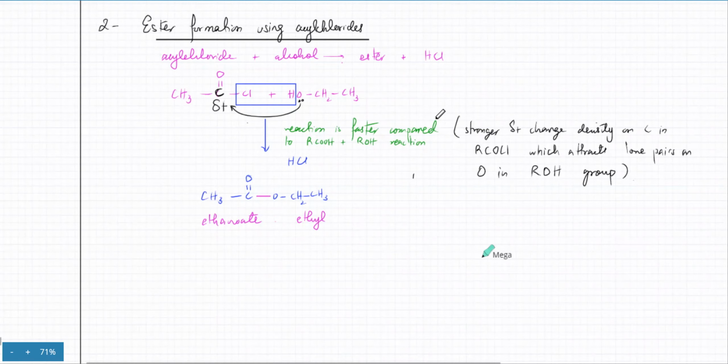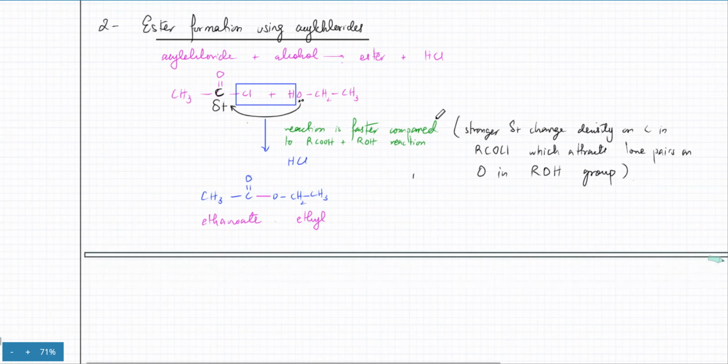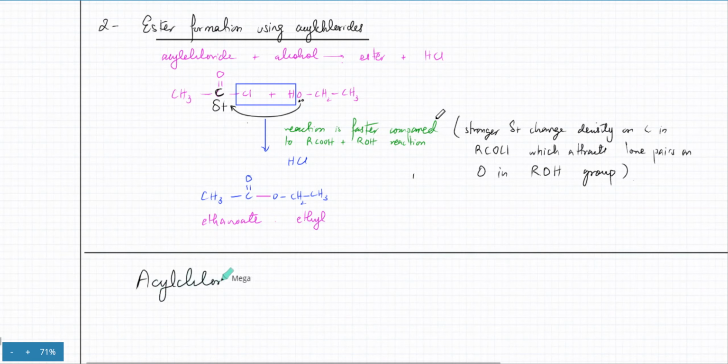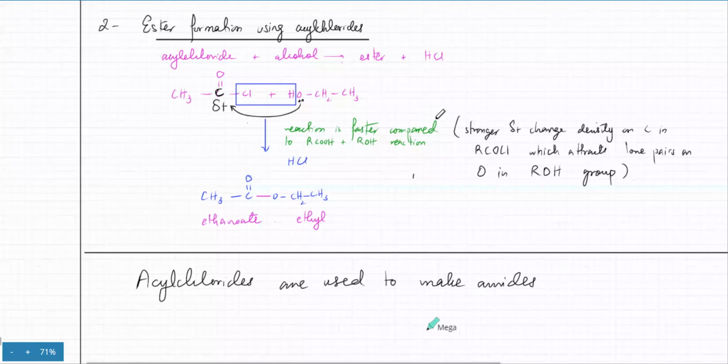So moving on, hydrolysis of esters. Okay, let's talk about hydrolysis later on. We're going to talk about amides. So acyl chlorides are used to make amides, in the same way as they make esters. When you have an acyl chloride,